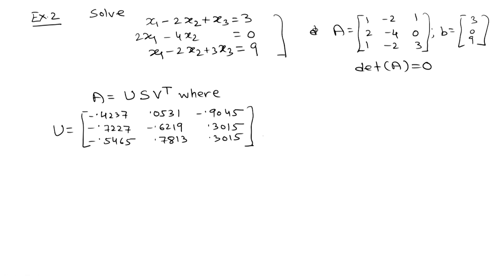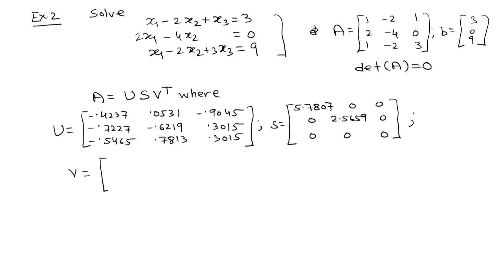So, this is my matrix U. The matrix S will be a 3 by 3 diagonal matrix having singular values of A. So, first singular value is 5.7807, 0, 0, second singular value is 2.5659, 0 and then 0, 0, third singular value is 0 because determinant is 0. So, at least one of the singular values will be 0, and finally, matrix V